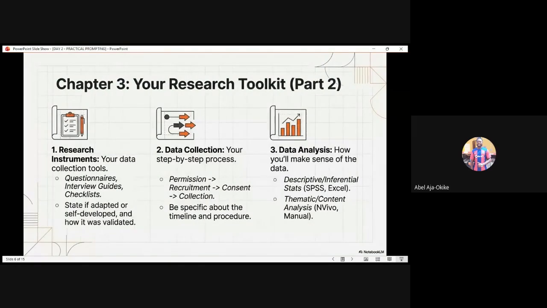Okay? So the next thing you are going to do, you are going to decide what research instruments you are going to make use of. Is it a questionnaire? Are you going to make use of interview guides? Are you going to make use of checklists? And if your test doesn't require any of these, what kind of test are you going to do in the lab? So state if adapted or self-developed and how it was validated.